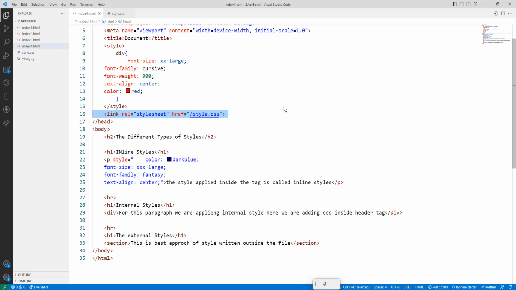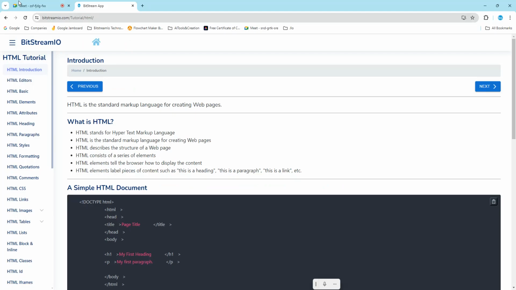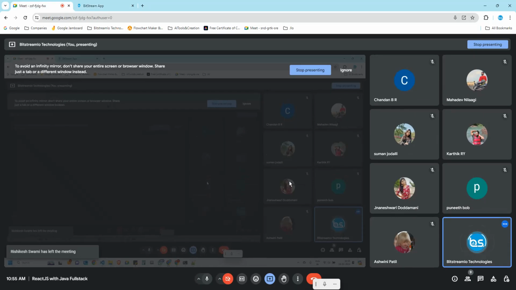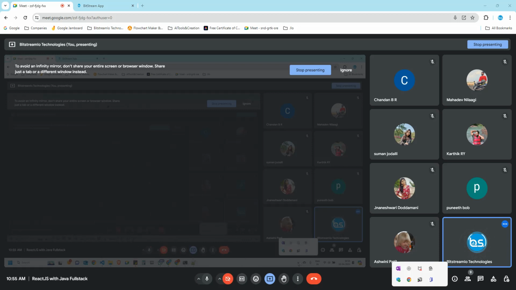Okay. So today we are going to stop this session. Do you have any questions on this? Anyone? Chandran, Mahadev, Suman, Karthik, Jnaneshwari, Ashwini, Puneet. Any doubts in this? Okay. So if you don't have any doubts, so even you are